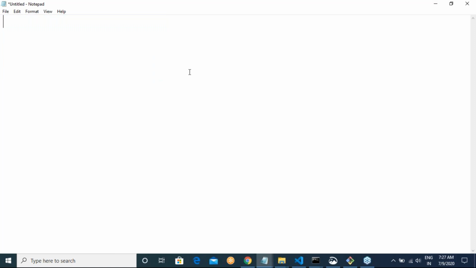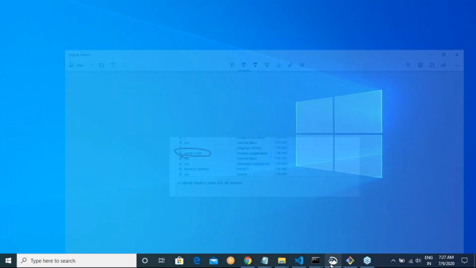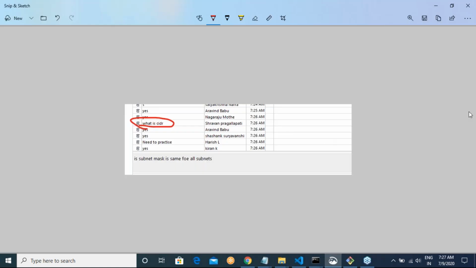Now, what we would try to do is, we just have a few minutes of time. I have my network, which is fine. But if you look at my network principles from yesterday, I have said that a device in a network can connect to only another device in the same network. Yes or no?